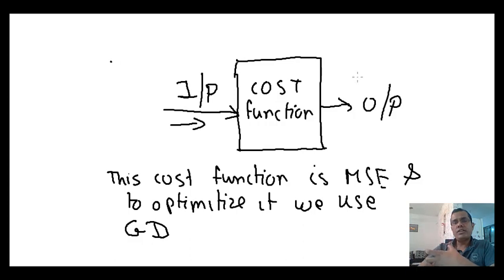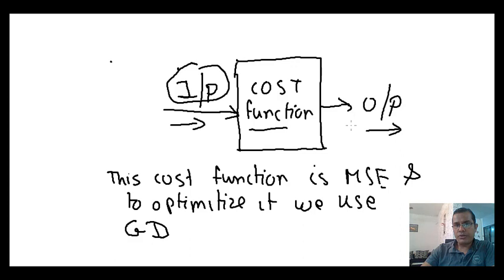Similarly, let's say you're building a decision tree, then you can build a number of trees, but at the end you need to choose a tree where your error is least. So this is the rationale behind building any model. You give your input, you pass it through a cost function and you get your output. And this cost function is nothing but a collection of the errors.